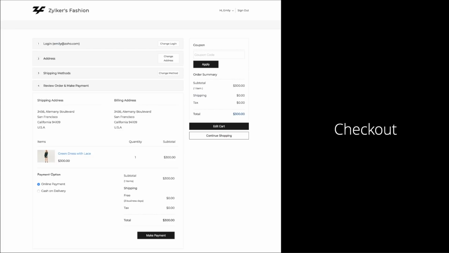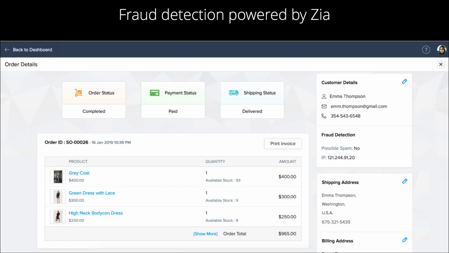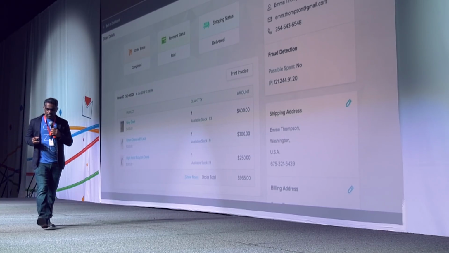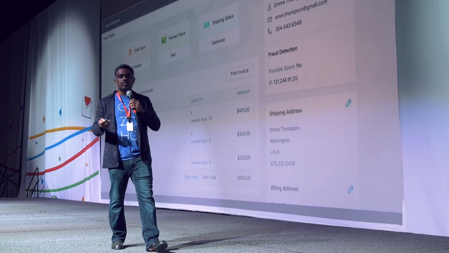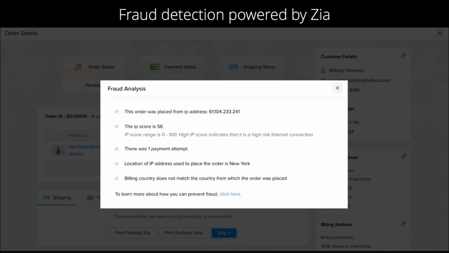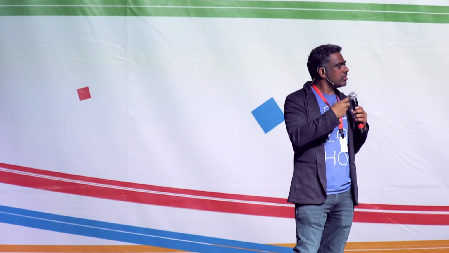And once you check out, we also offer something unique in fraud detection. Zia, our AI engine, helps identify fraud transactions. We have taken some of the learnings from some of our other applications and applied that in the context of commerce. Let me give you an example here. We offer Zoho Mail, a comprehensive email system. In Zoho Mail, we have systems and AI systems identifying spammers and spam IPs from which some of these spam emails are coming.